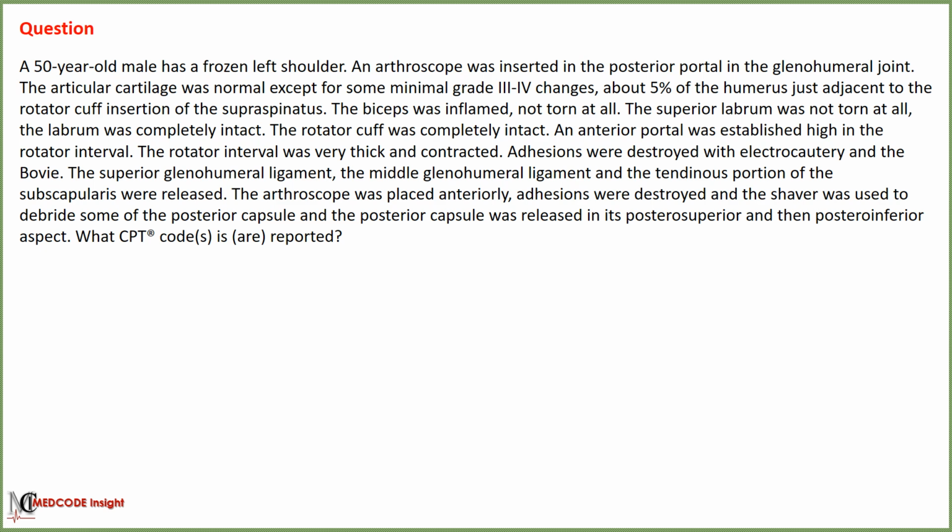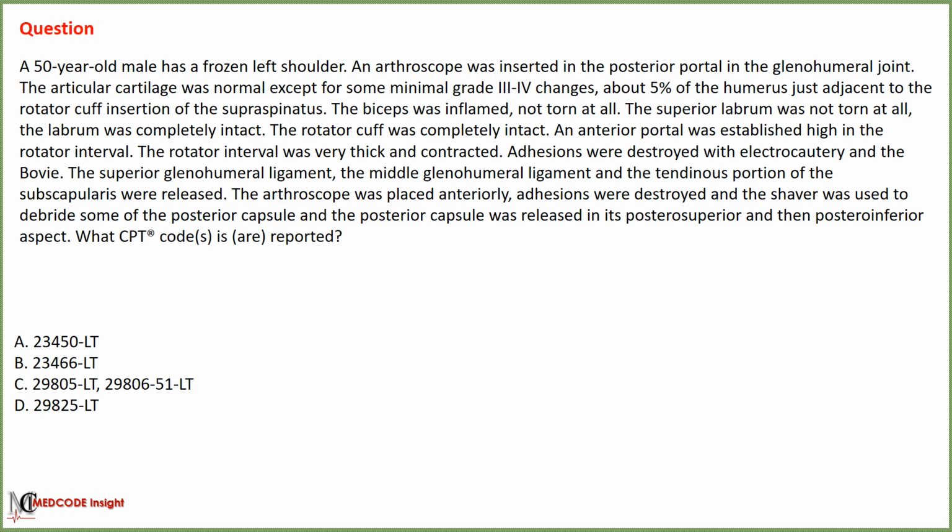What CPT code is reported? Option A with the code 23,450 along with modifier LT. Option B with the code 23,466 along with modifier LT. Option C with the code 29,805 along with modifier LT,